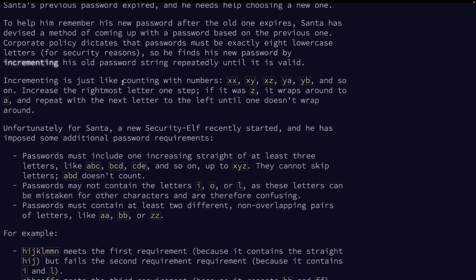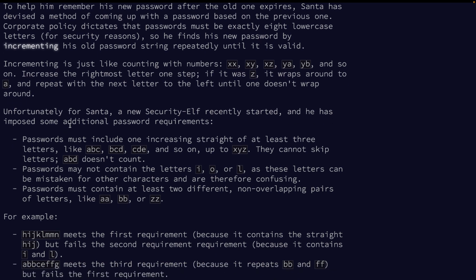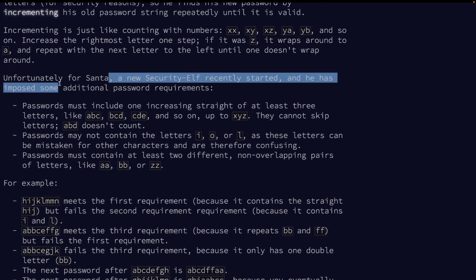Incrementing is just like counting with the numbers: XX, XY, and so on. Increase the rightmost letter one step. If it was Z, it wraps around to A. And repeat with the next letter to the left, until one doesn't wrap around. Unfortunately for Santa, this is really not so smart, but a new security elf, good title, recently started,